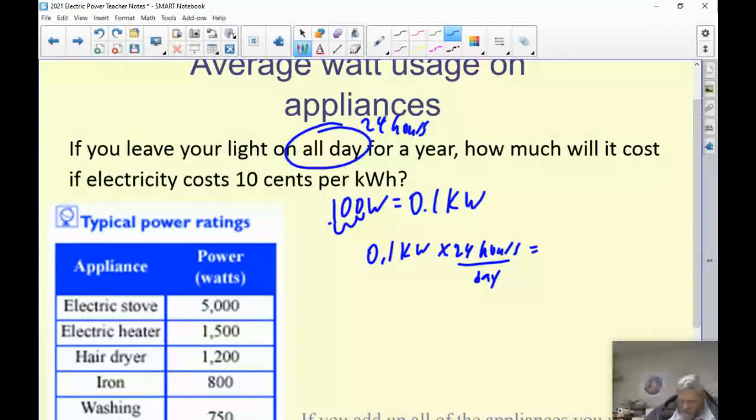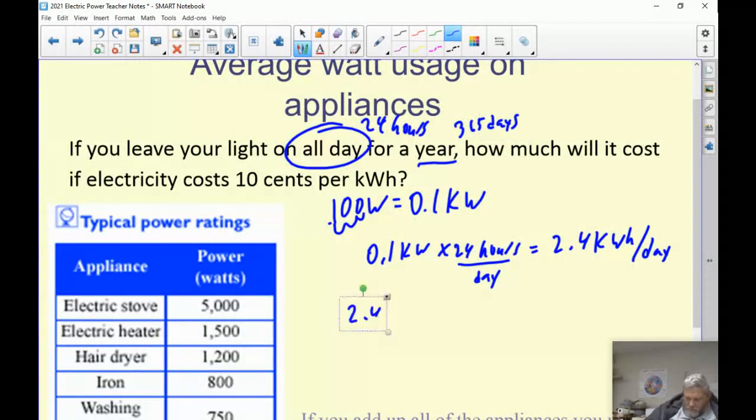So that's going to be 2.4 kilowatt hours per day. Right? And now, how long do we run it? For a year. Okay, how many days are in a year? 365 days. So it's going to be 2.4 kilowatt hours